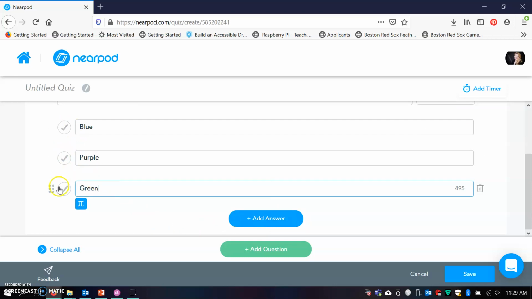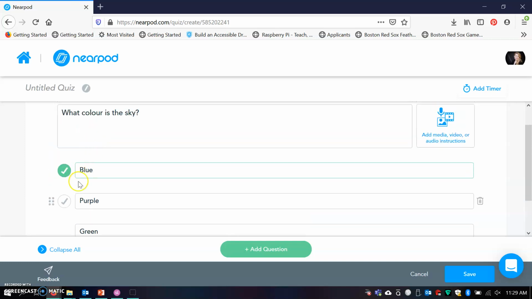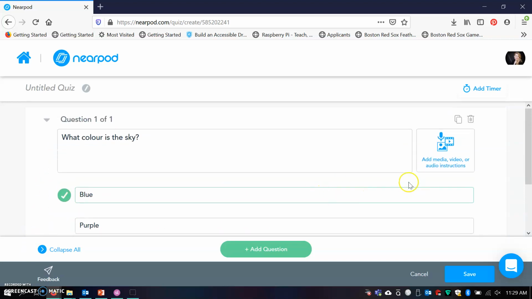And then on the left, I select which is my correct option. So now I'm indicating that when they ask the quiz, that blue is the correct option. If I feel like it is useful, I can add media, video, or audio instructions. I can also add just a static image, so maybe I want to provide a picture of the sky for